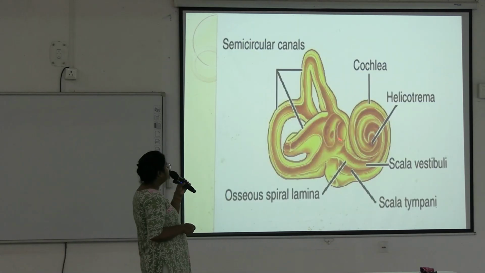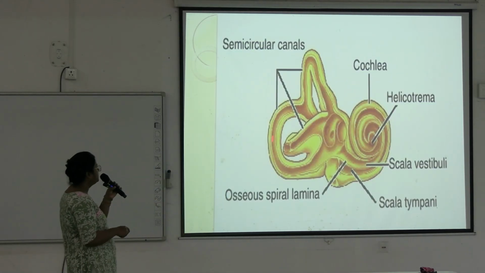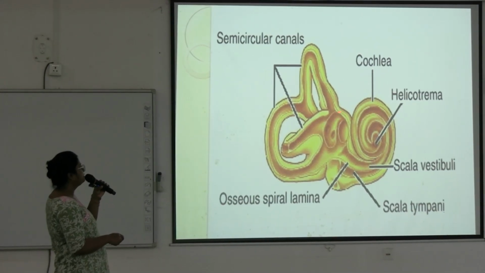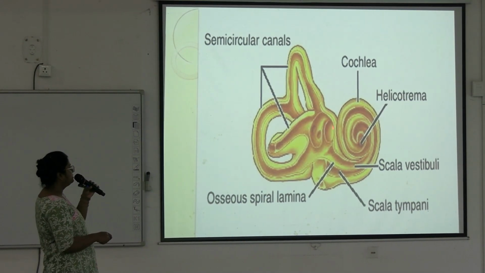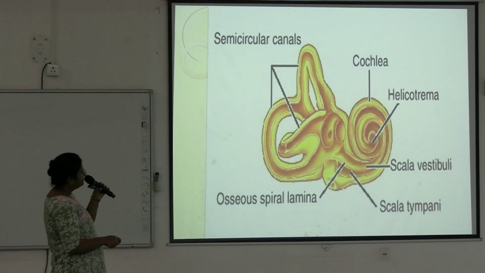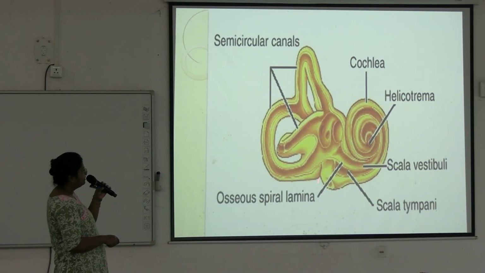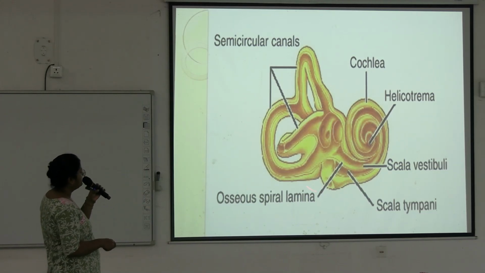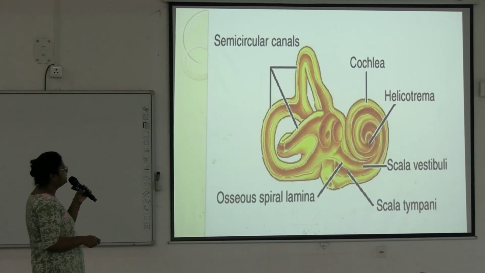You have seen, see here, these semicircular canals are opening into the vestibule. Okay, and these are the recesses. This is the recess for the utricle and this is the recess for the saccule. And here, this is the cochlea. It has scala vestibuli, scala media and scala tympani. 3 cavities are there in a section of the cochlea.